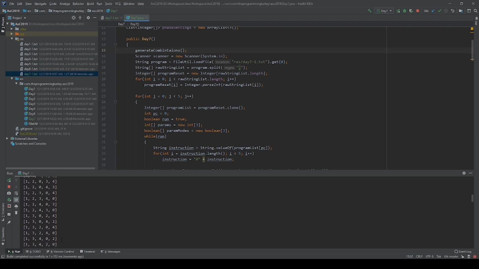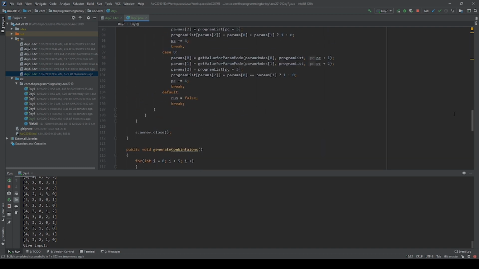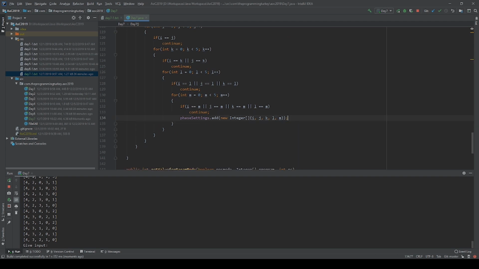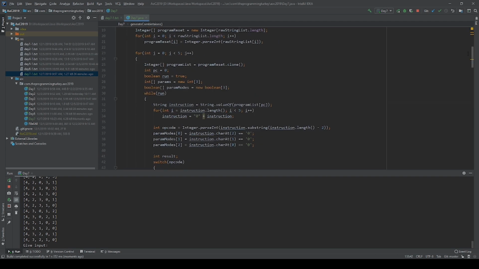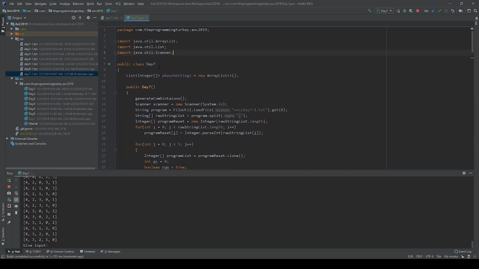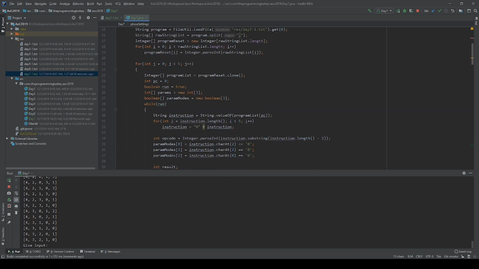And a quick look through, that all looks right to me. Okay. Actually, it ends correctly. Okay. So that all works. So let me go ahead and remove this. So now that we have all of the phase settings, we can simply go through all of these, and we